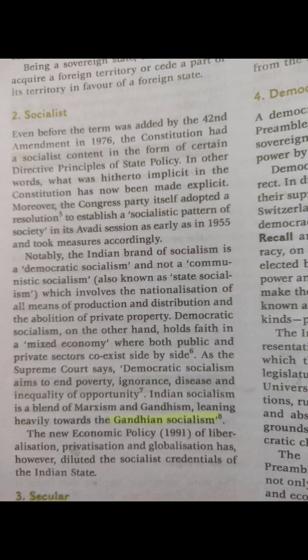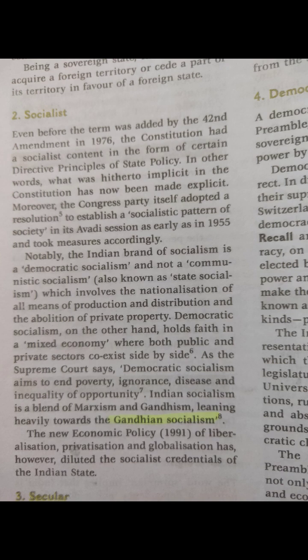3. What type of socialism does India follow? India follows democratic socialism, not communist socialism. Democratic socialism, India's model: people have freedom, elections, and private property. Government helps the poor and provides services like public schools, government hospitals, employment schemes. India allows both public and private businesses. This is called a mixed economy. Example: Indian Railways is government run, public sector. Tata Motors is privately owned, private sector. Both work together in India's economy.